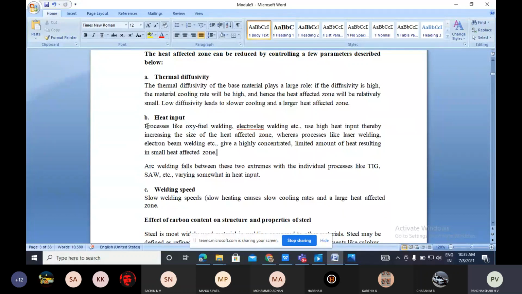This is one thing explained here, and also what is happening in arc welding, especially as I mentioned before, if unnecessary extra amount of current is supplied, then what happens? Unnecessary heating will be taking place. So that has to be controlled. So required amount of current only we need to supply, required speed only we have to maintain. So then only proper welding can be done and heat affected zone can be reduced. So these are some of the parameters where we can actually control the heat affected zone.